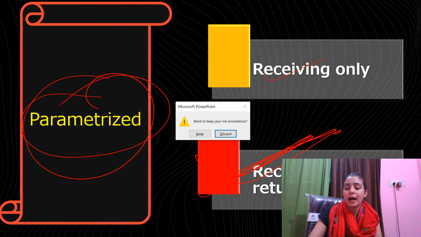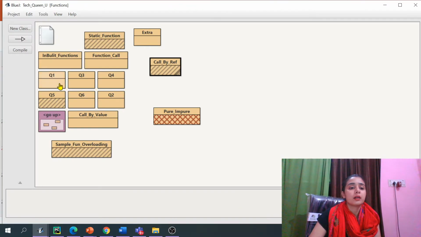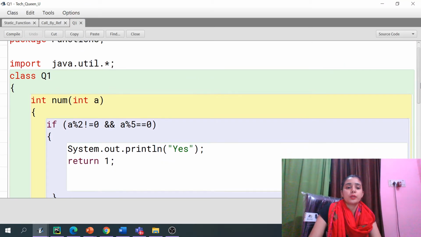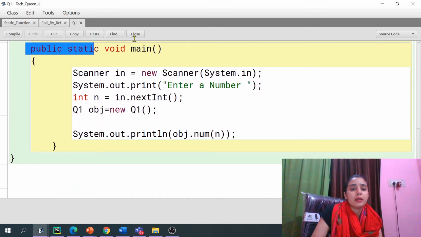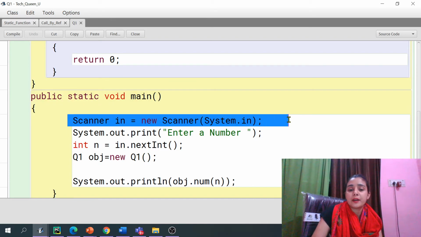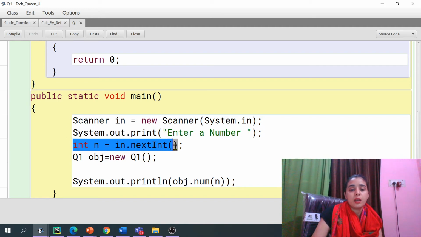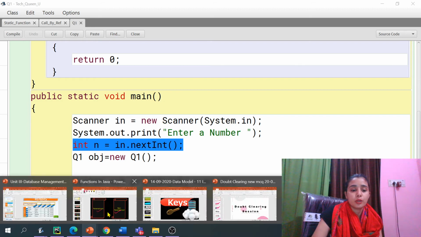So jumping back to the BlueJ, here I have already made the program for you so that our time will be saved, right? So guys, this is my engine, that means my main method. I have just created the Scanner class, and then System.out.println, and this is an integer value that will be entered by the user. Okay, because what we need to do, if I show you back,